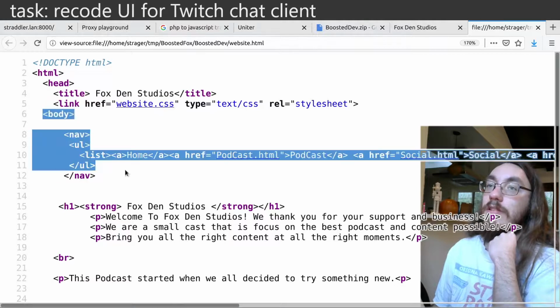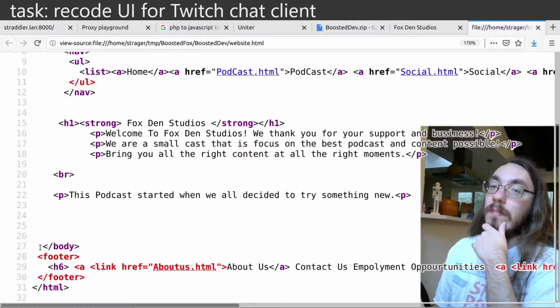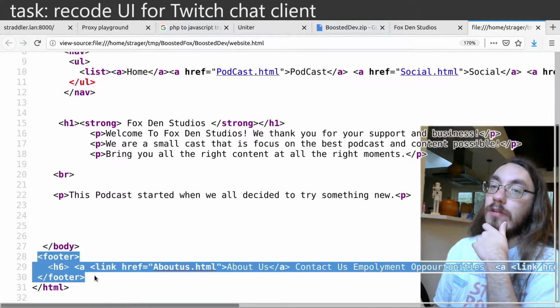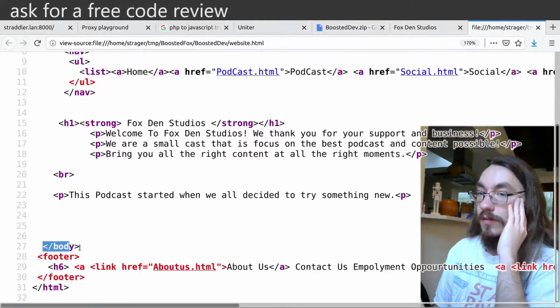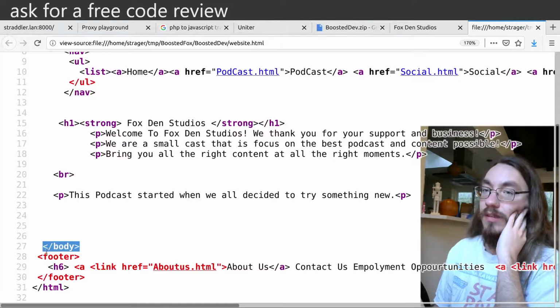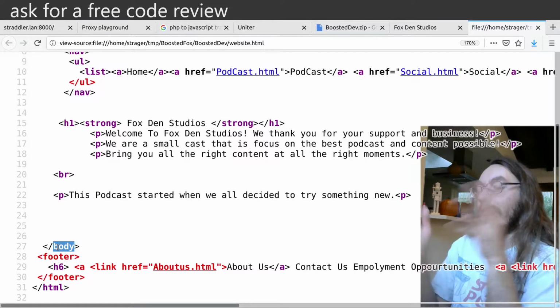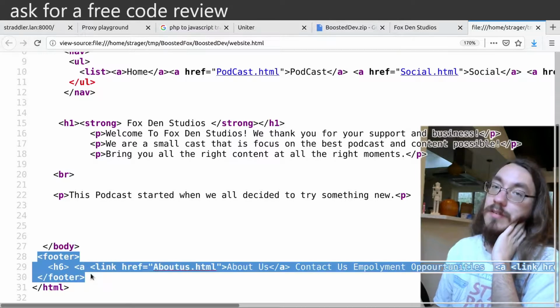And you have your body, which has the things that the person sees. This footer belongs in the body because the body contains the stuff that people see. Body is oddly named. This should be like screen or something like that. It's what the person sees. And the footer, you want the person to see the footer, so